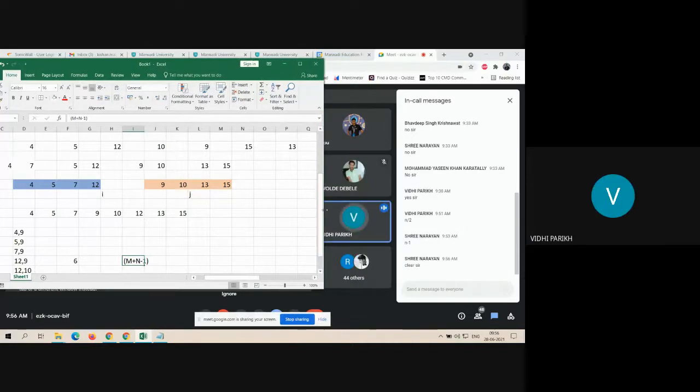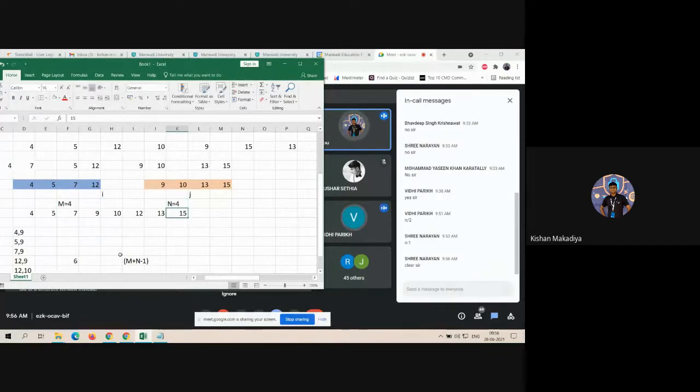Sir, the size of the smallest array could also be the time complexity, no? Yeah, maximum this one. Sir, for two sorted arrays, can we keep the size of the smallest array as the time complexity? The smallest array, no, we cannot keep. See, in this example, observe that capital M is equal to 4 and capital N is also 4.